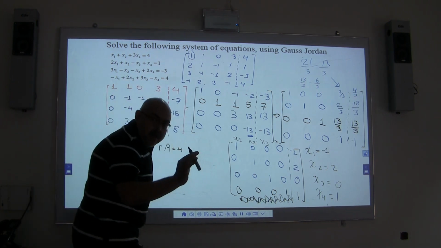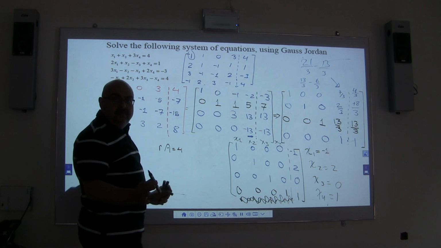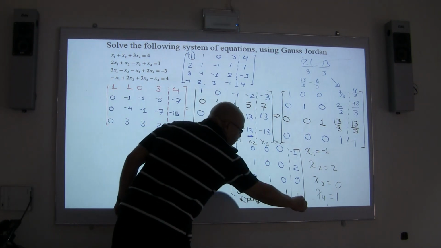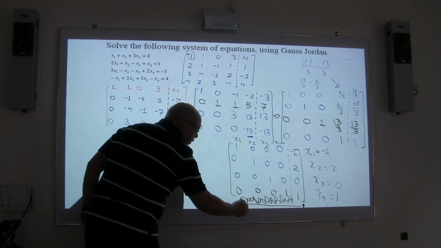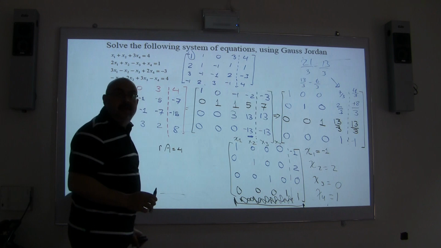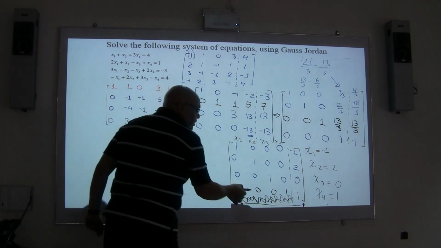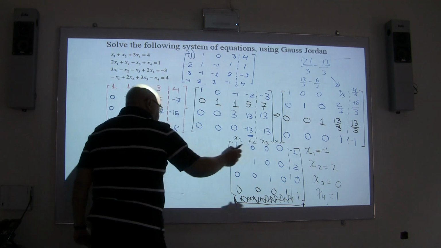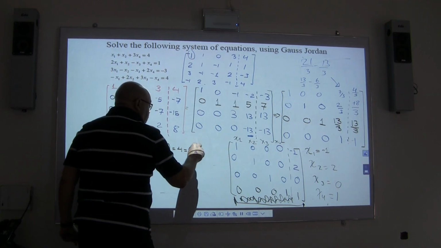What is the rank of the whole system? Be careful, Abdelrahman. The whole system means starting from this bracket to the first bracket. So you're actually talking also about this column. Are you with me, Abdelrahman? This is a non-zero row, this is a non-zero row, this is a non-zero row. Same way, so the rank is equal to